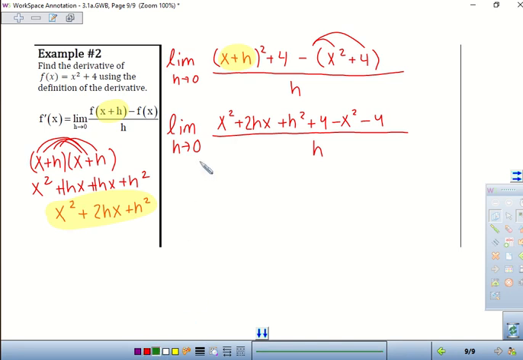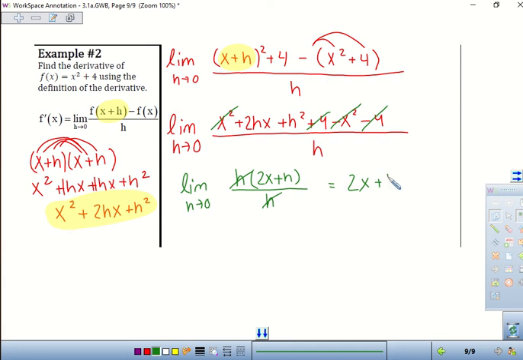So you're going to notice that every single time, everything that doesn't have an h in it will cancel out. That's just how it works. And then, now that I get to this point, can I factor out an h in the numerator? Yeah, and it would leave me with this, right? Now why would I do that? Because it cancels out your h's. Good, it cancels out these h's, and it leaves me with the limit